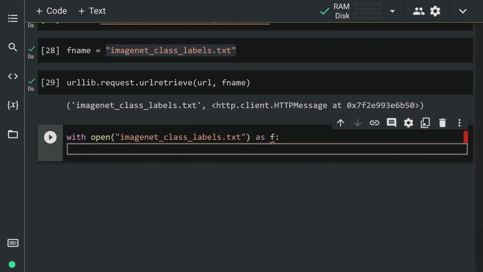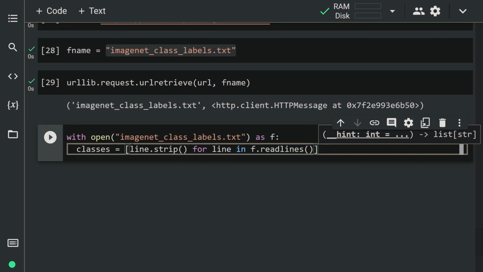Let's assign the rows in the list to the classes variable. Classes equals line dot strip for line in f dot readlines.